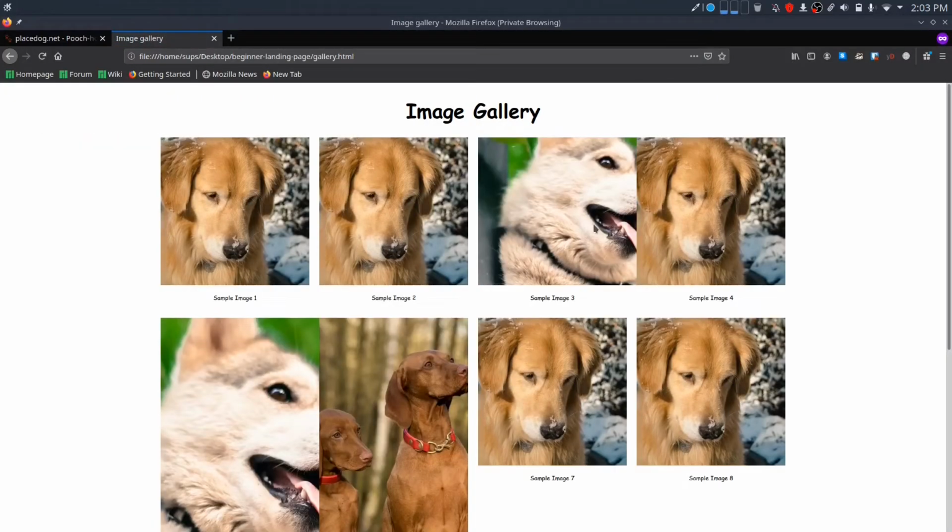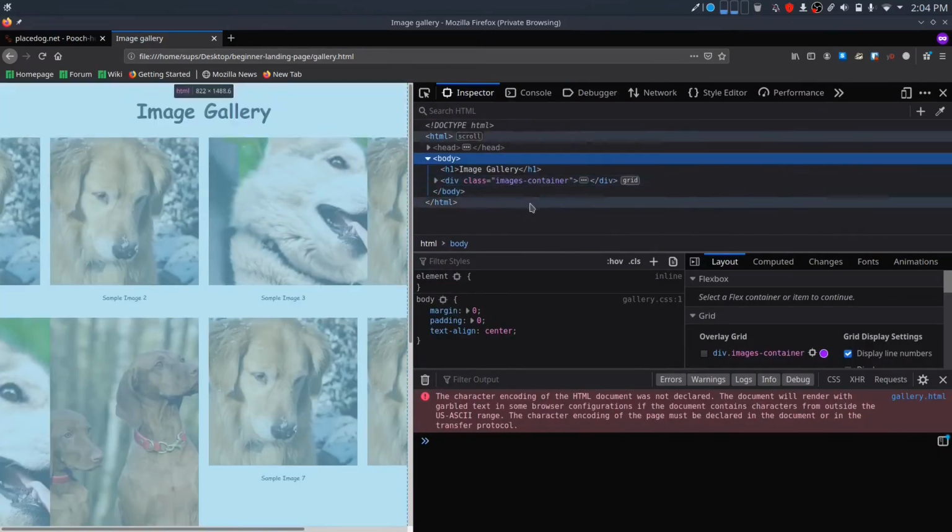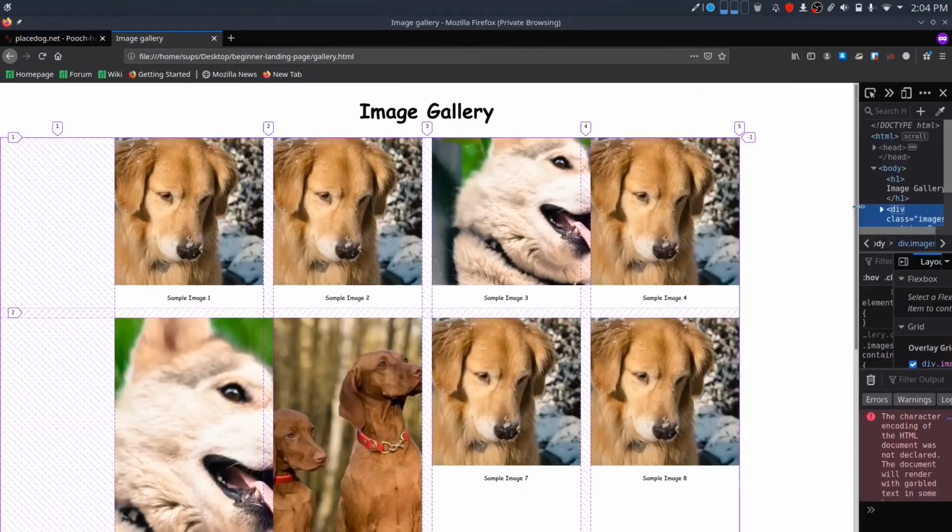Now this third image has double width, so you can see it is overlapping right here. You can open developer tools and click on this grid badge which is beside every grid container, and now you can see the grid alignment properly. This feature is only available in the Firefox browser. You can see that the image is overlapping here and it is going beyond the specified width because the image is long.